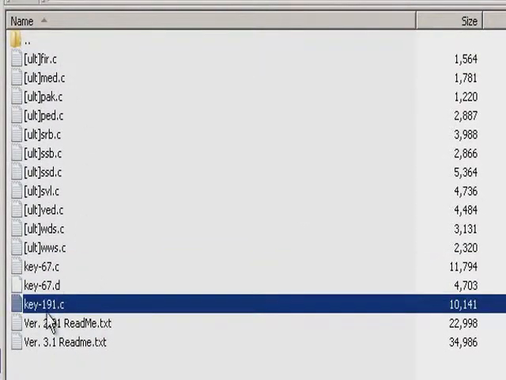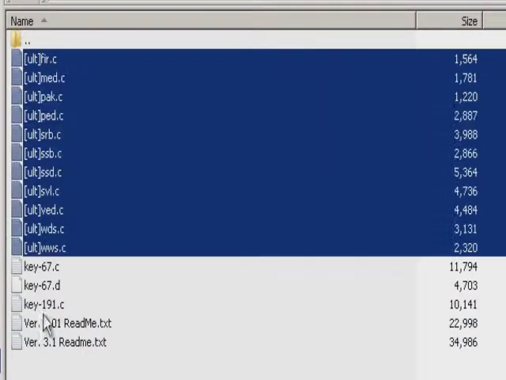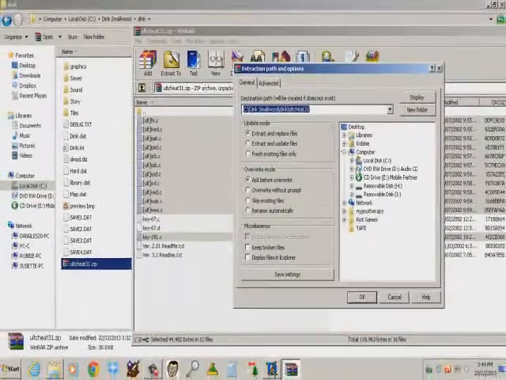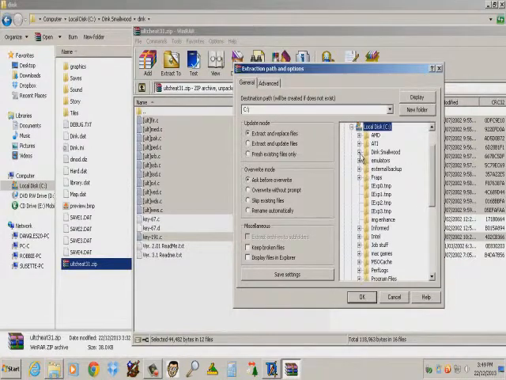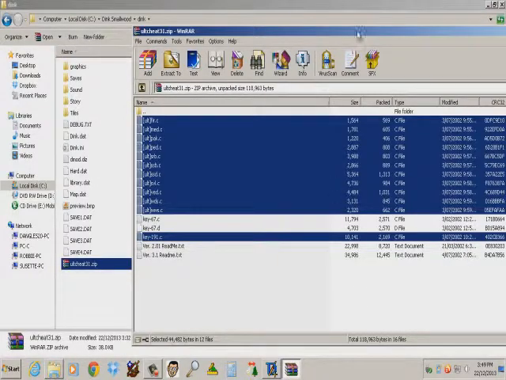So just extract key 191 and all of these alt scripts, extract them to the Dink story folder. So that's Dink story. Okay,